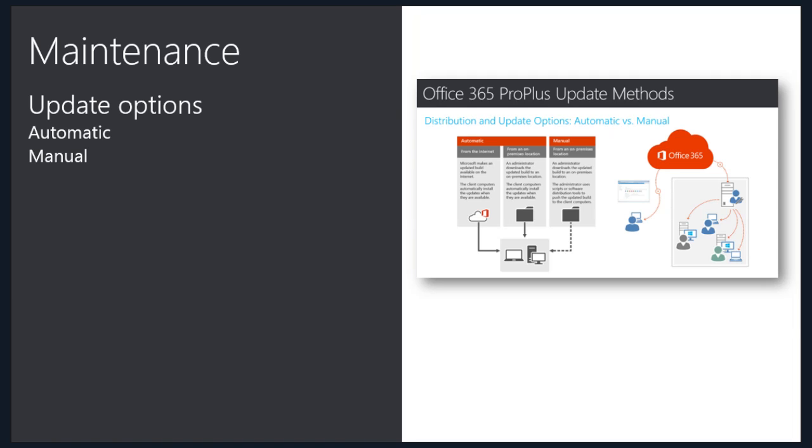The content location where the updates will be downloaded from can be controlled as well. To preserve bandwidth, you may configure your clients to download those updates from an on-premises location. If you configure the updates to be distributed manually, make sure to download and distribute them to the clients quite often so that you do not miss any important security update that can present a huge security risk for the organization.